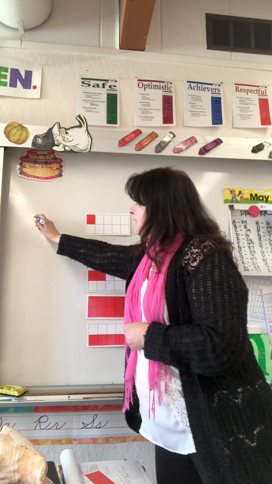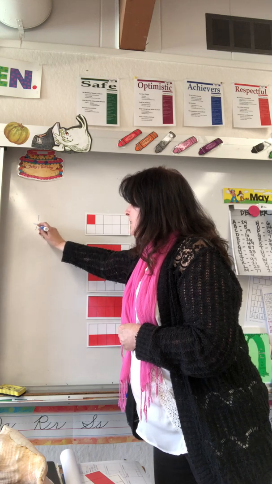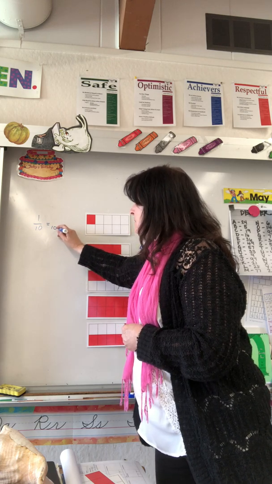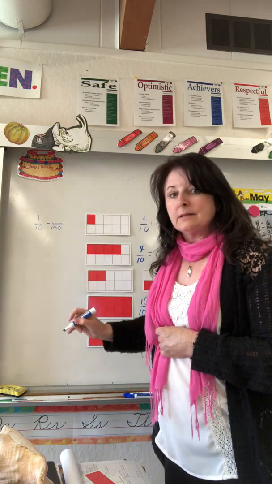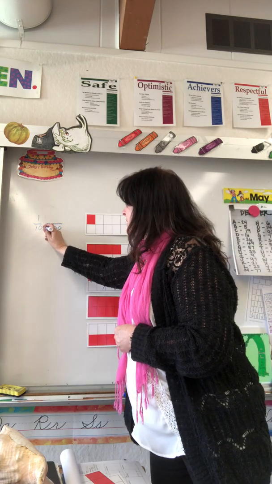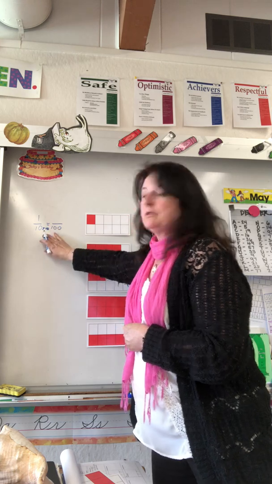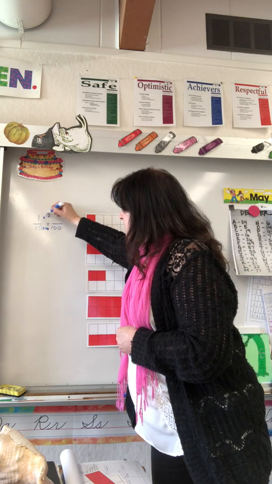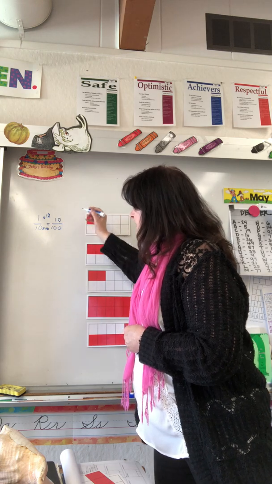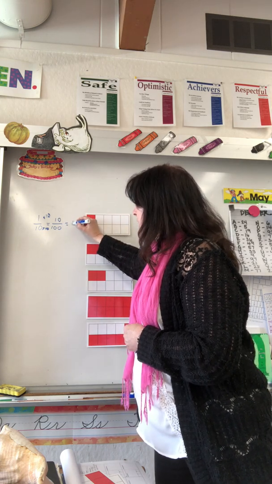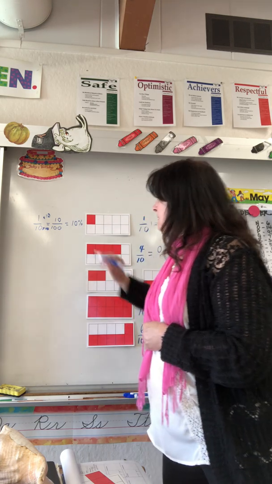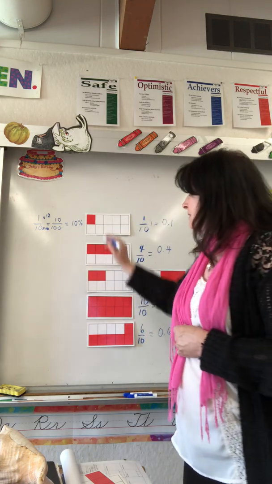So working over here, 1 over 10, if I'm going to change that so it's a fraction out of 100, because remember that's what percent is, we're going to multiply this by 10, and whatever we do to the bottom, we're going to do to the top, and 1 times 10 is going to give us 10 out of 100, and now we've arrived at our percent. We get to make that real fun percent sign, which is a 0 diagonal line and the other little 0